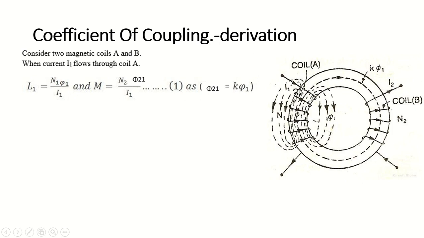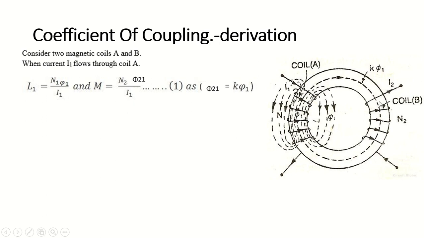Due to this current I1, a mutually induced EMF is generated in the secondary coil, known as M21. M21 and M12 are both the same, which is why it is written as M. M is equal to the flux linkage in the second coil due to current in the first coil, that is phi21 into N2 by I1. N2 is the number of turns in the second coil, and I1 is the current responsible. Refer to these derivations of L1 and M, which we have already discussed. So L1 is N1 phi1 by I1, and M due to current I1 is N2 phi21 by I1.